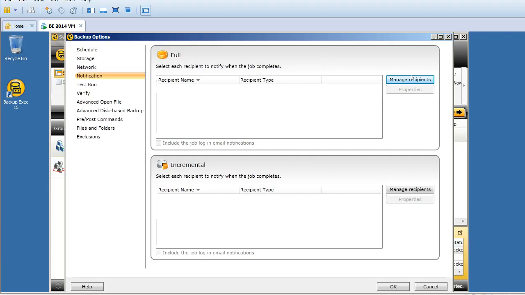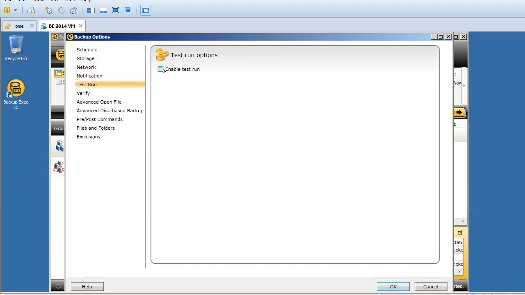I'm not using any encryption or compression here, so that should be fine. And the network, any available networks, notification. I can configure notification to my email address or a customer email address. When the backup completes, it will send an email notification to that particular user saying that the backup